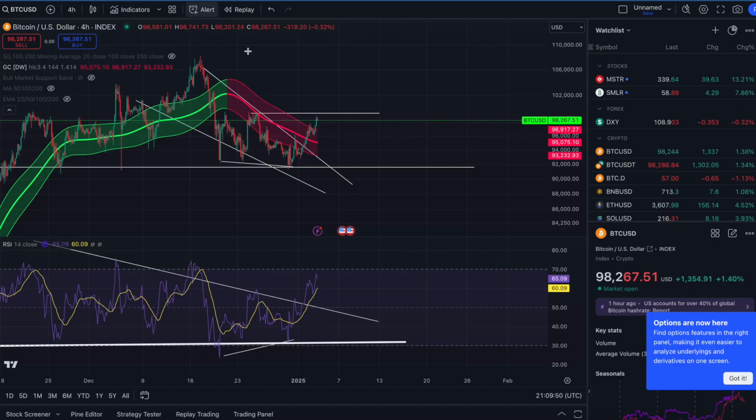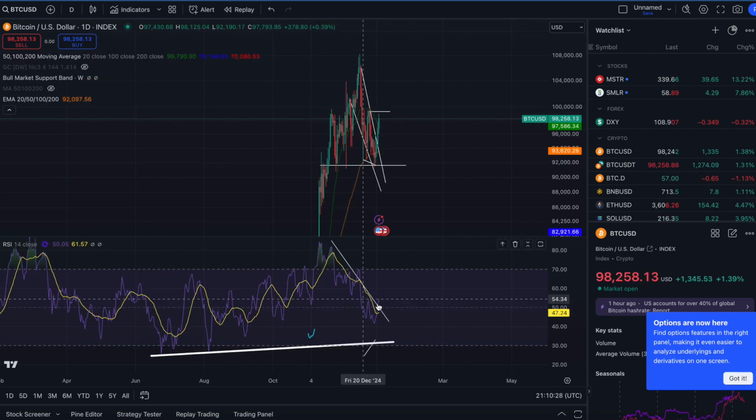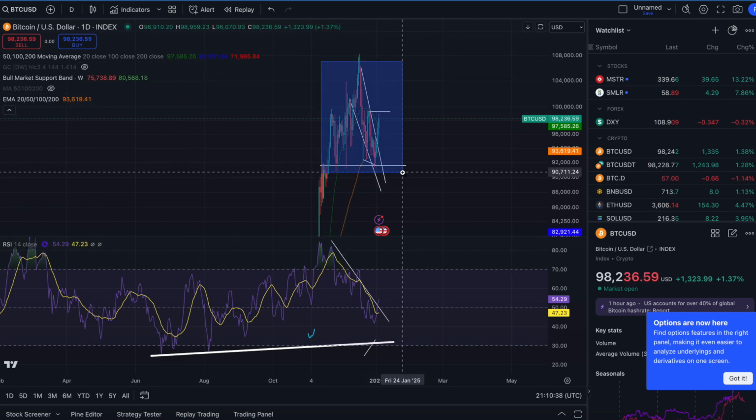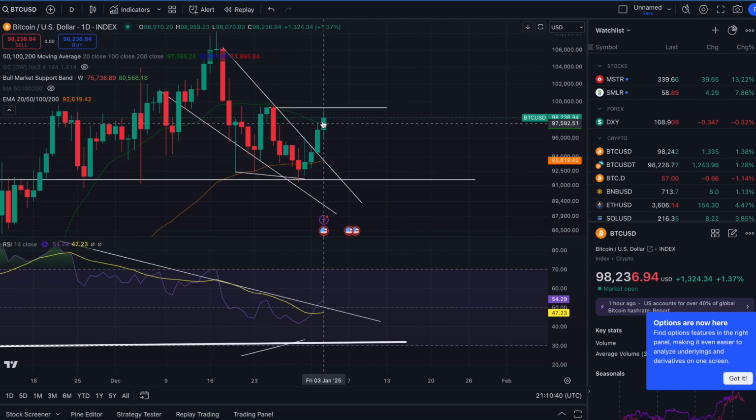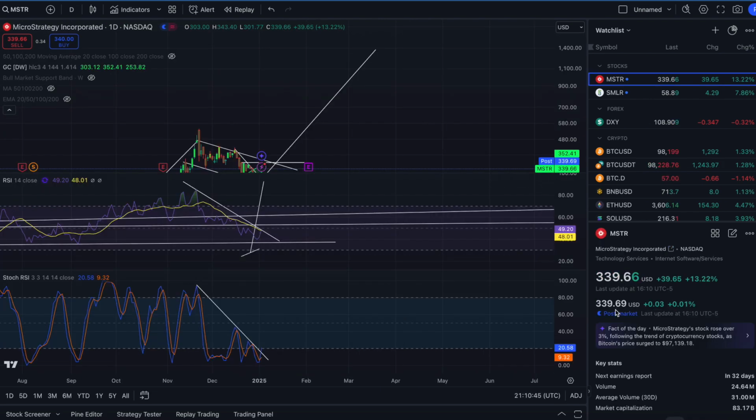But as you see, everything is dependent on what Bitcoin is doing, and Bitcoin seems to have more room to run. And you see Bitcoin is just stair-stepping its way back up to the upside. We came back and bounced off of this moving average right here below. So everything seems like it could be on the upside in the short to mid term for Bitcoin. At the current time of this recording, post-market, it's sitting right around that 340 range. So once again, we want to see a continuation to the upside from MicroStrategy.